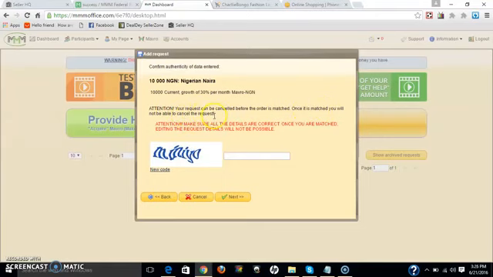Now, what they mean here is that once you enter this, you can still cancel it. Maybe after like 10 days, if you have not been matched, you can still cancel it. But once they have matched some participants with you to send this 10,000 naira to, you cannot cancel it because you have been matched already. And if you attempt to cancel it, they will block you from the site totally, because this site is built on trust.